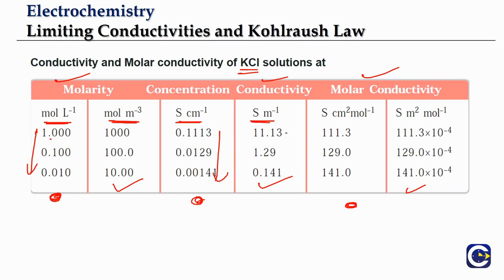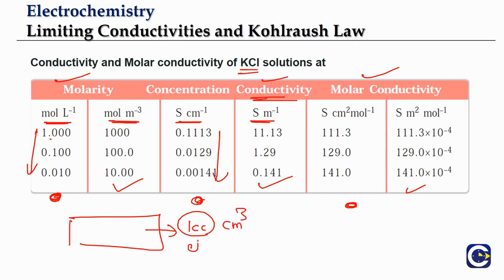Why is it happening? Conductivity comes from a specific volume. Let's say for example we take 1 cc or 1 centimeter cube volume of the electrolyte. Whatever the number of electrolyte particles in this volume, the conductivity coming from that is what we call conductivity or the specific conductance. And if we decrease concentration, the available number of electrolyte particles itself will decrease, right? So as a result, what is going to happen? The conductivity is going to decrease.